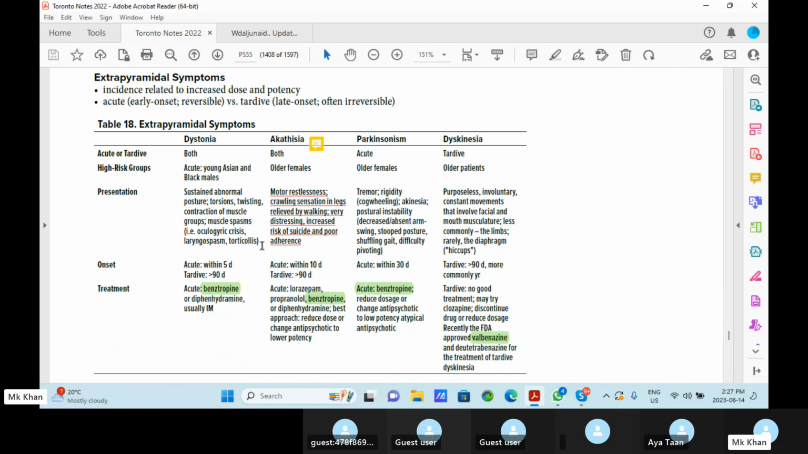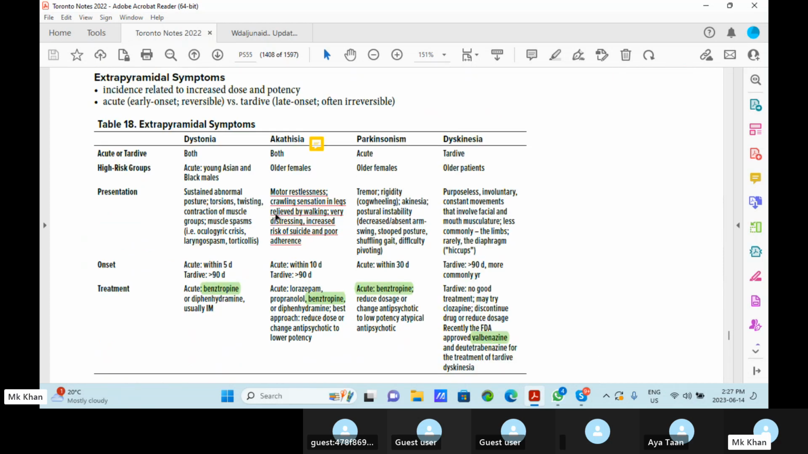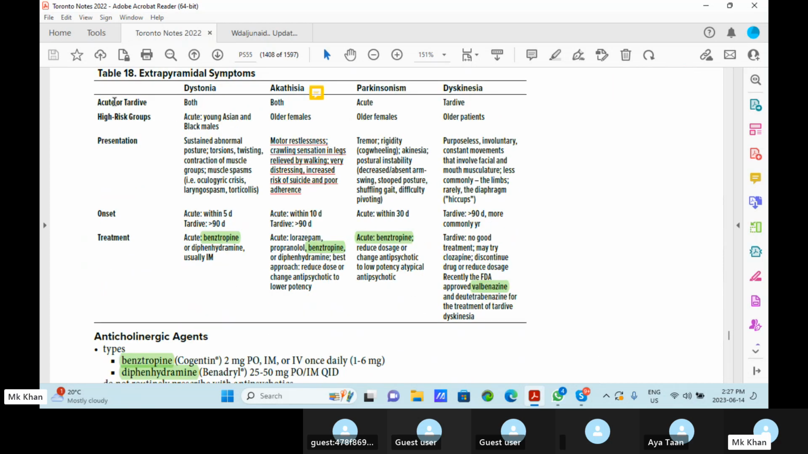So the EPS, that are the side effects of the antipsychotics. So what are those? Those are basically acute dystonia, akathisia, parkinsonism, and dyskinesia, that is tardive dyskinesia. So the dystonia is